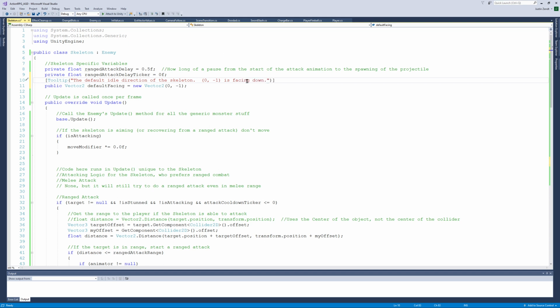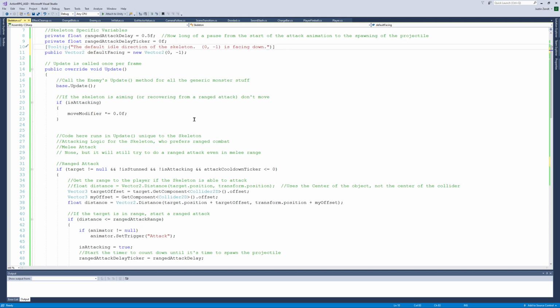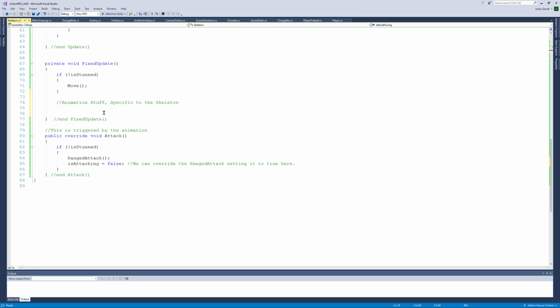So that recommends facing down. So let's start setting up the animation here for the skeleton so that we can make it look good. Notice again, we have access to all these variables because they're coming from the inherited parent. So if the state is idle state, and we're basically close to where we want to be, Vector2.Distance to the target location to the transform